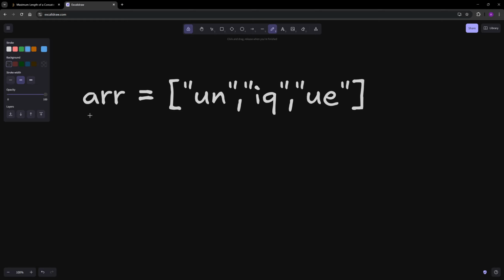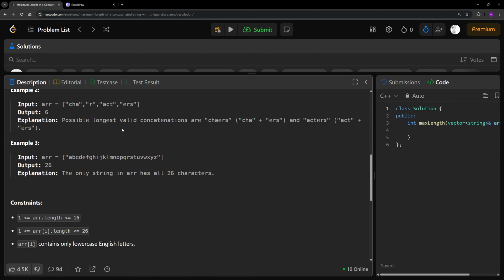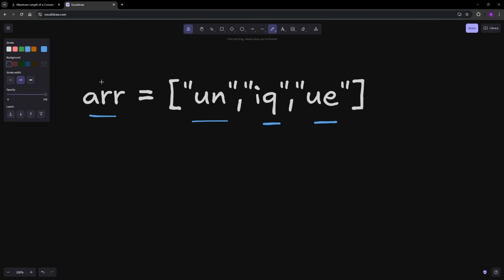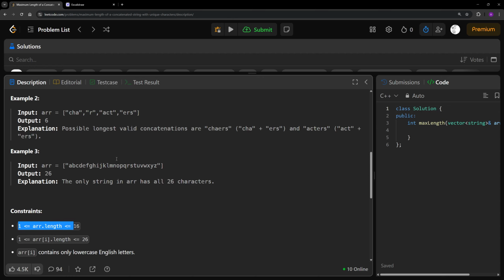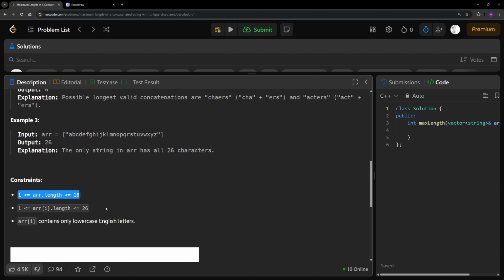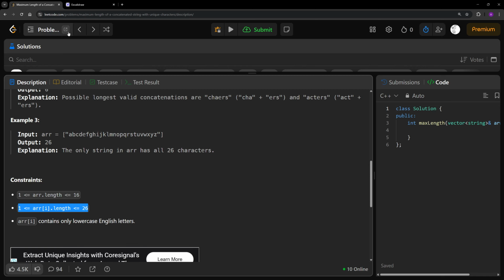So we are given an array, and this array contains some strings, right? Not unique strings, but it contains some strings. And the length of this array is 60, the max length. Whenever I get problems like this, the very first thing I do is that I read the constraint over here, right? That's the four most important things which I want to do.